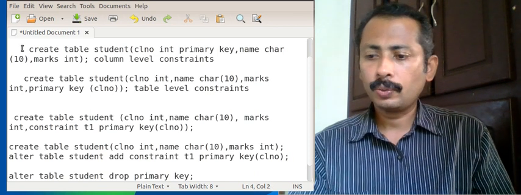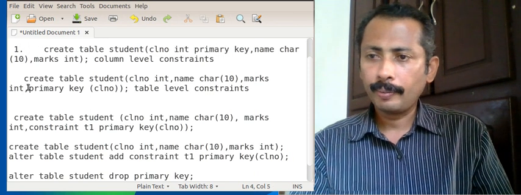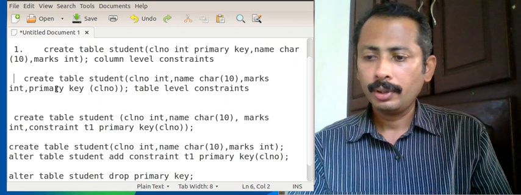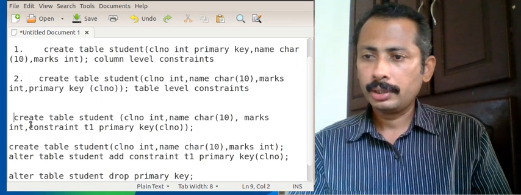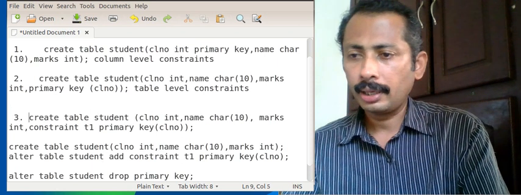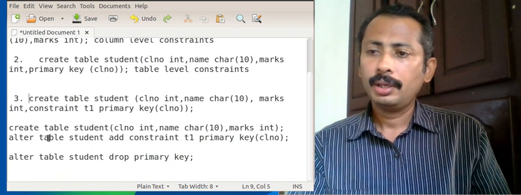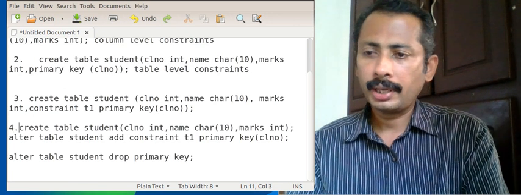So this is syntax 1 for create table with primary key. This is syntax 2, and this is syntax 3 having a name, and this is syntax 4.